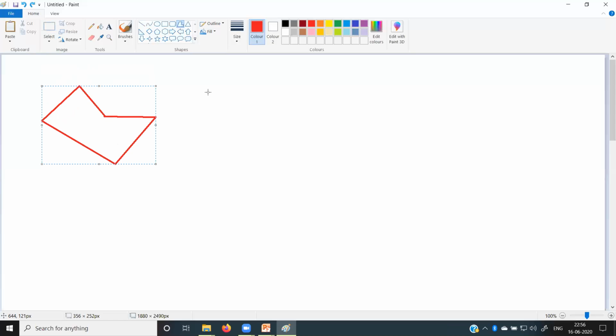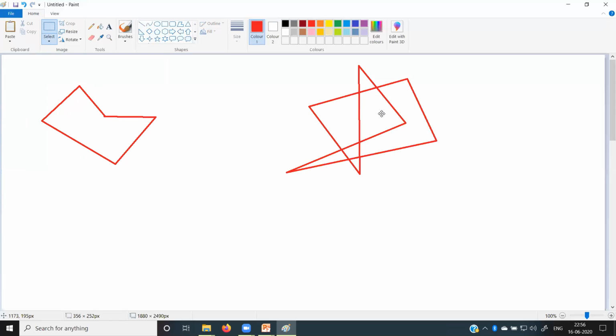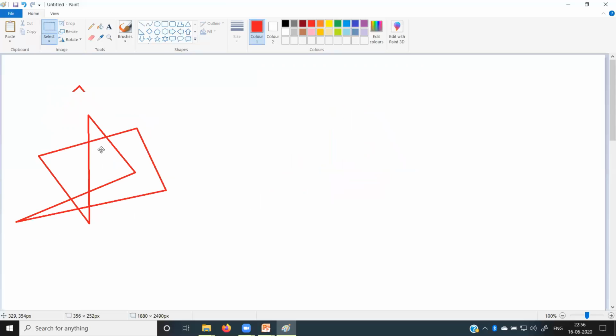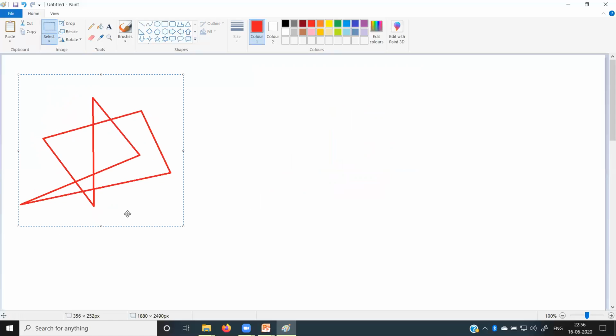But if there is a polygon like this one, you can see that for this particular polygon there are many intersecting edges. So now it is really difficult to find out which region is inside of the polygon and which region is the outside of the polygon. So we have to apply separate algorithms for that. The scanline polygon filling algorithm will not work in this case. For this type of problem, we will apply two different algorithms.